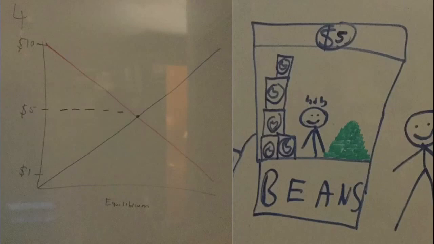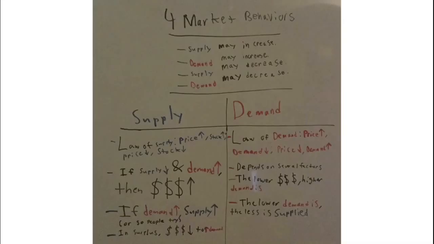So to top it off here are the basic qualities of supply and demand. The law of supply. As price goes up, stock goes up. Stock is just another term for supply. As price goes down, supply goes down. If the price is low and demand is high, then the price goes up. If demand is high and supply is high,